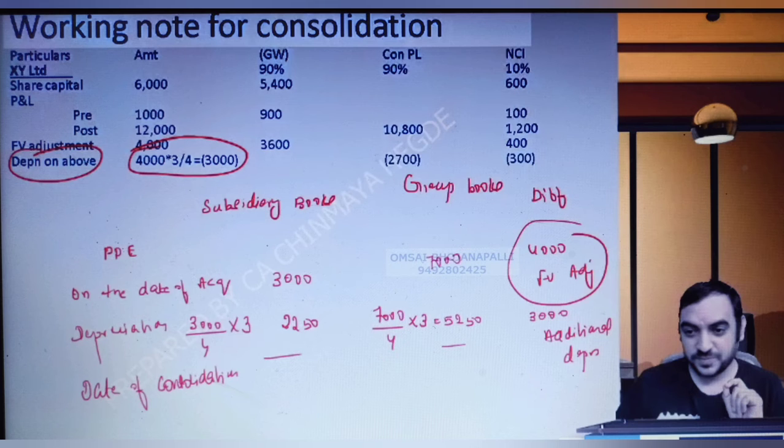Till the date of consolidation. So from the date of acquisition till the date of consolidation, what is the time period? 3 years. Depreciation per annum is 3000 by 4, straight line method, and depreciation is to be applied for 3 years, so 3000 by 4 into 3, that will give you